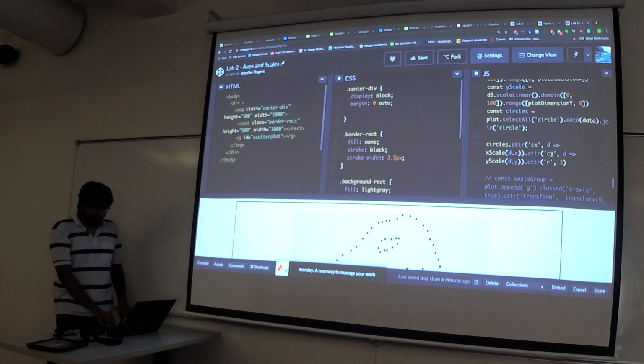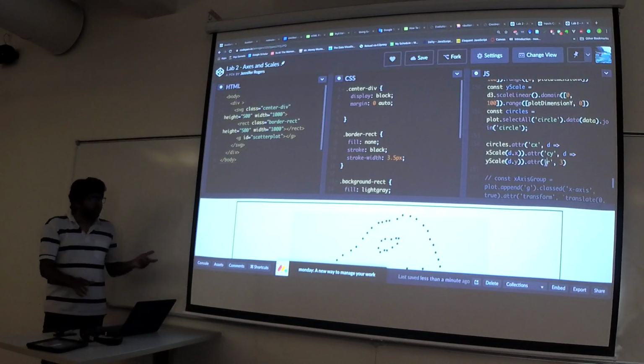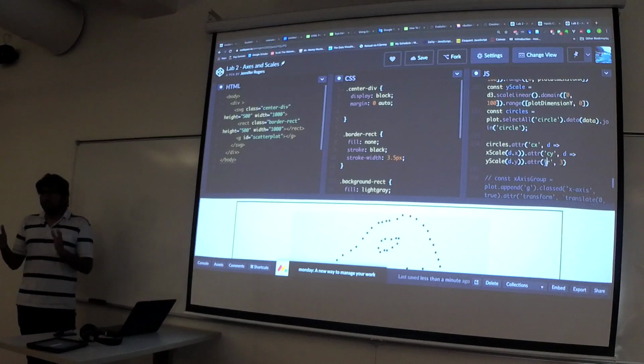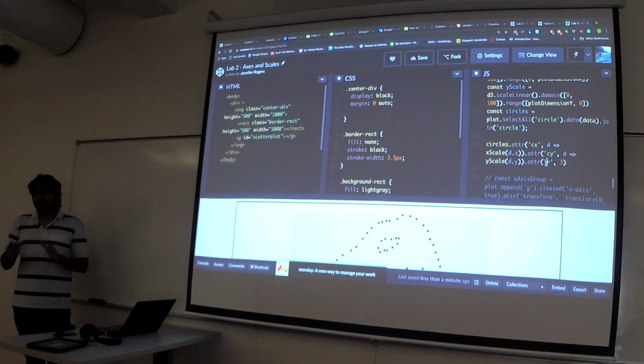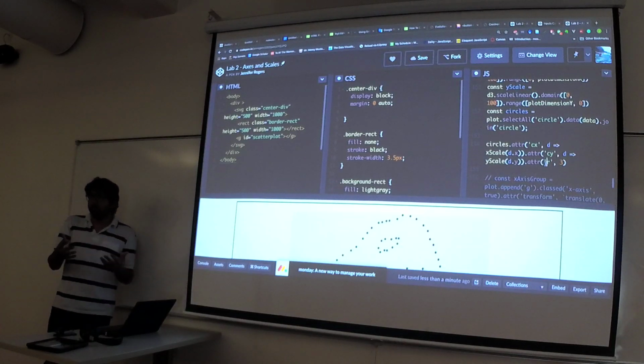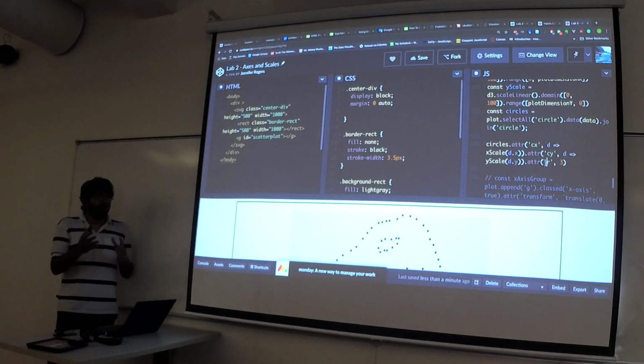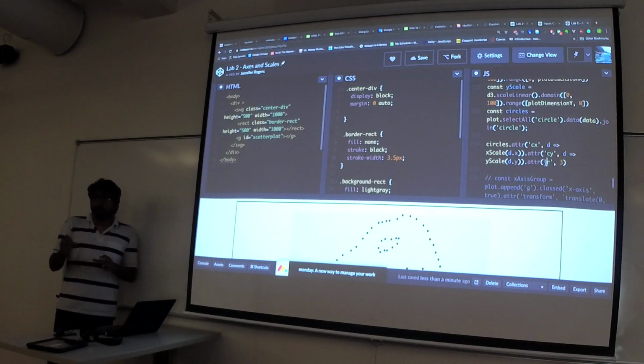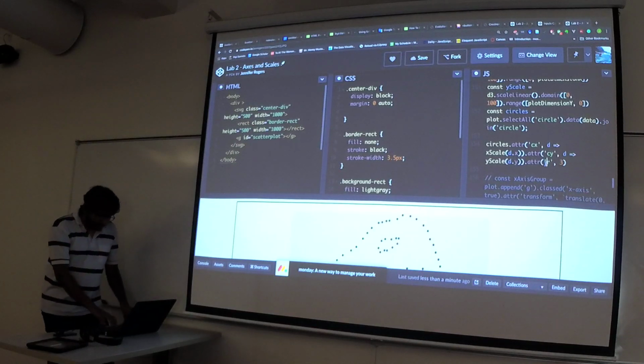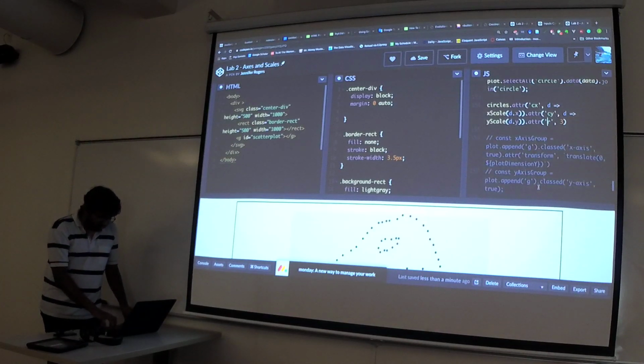You do the same for cy, and here we have an attribute r, which is the radius of the circle. Let's say you are planning on creating a scatter plot where the size of the circles encodes another value. You can use a similar syntax to bind this to something else. We will go back to our solar system example where the size of the circle is bound to the size of planets. So now here you can see that